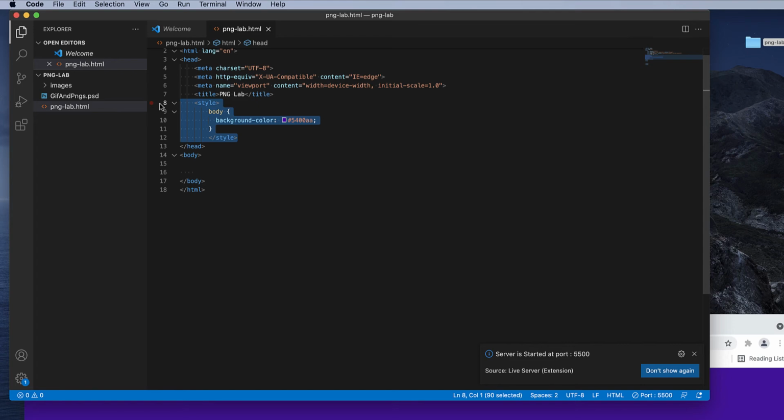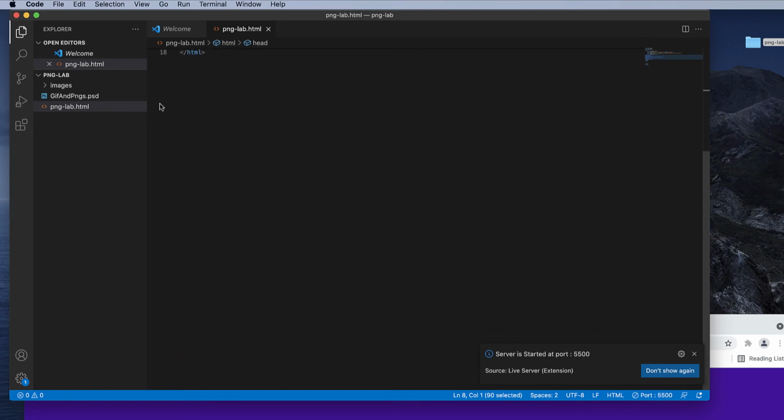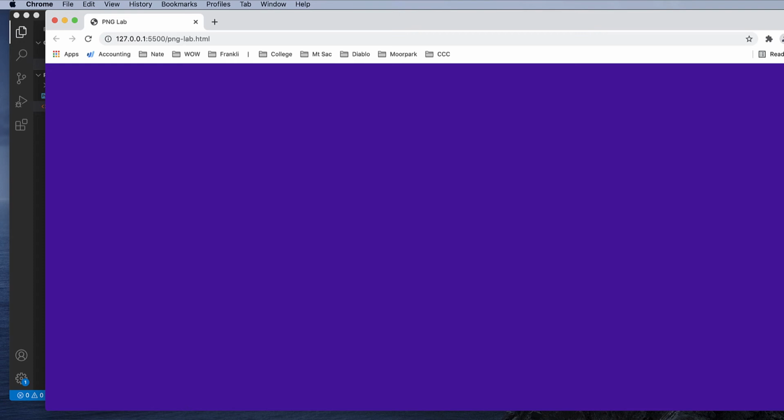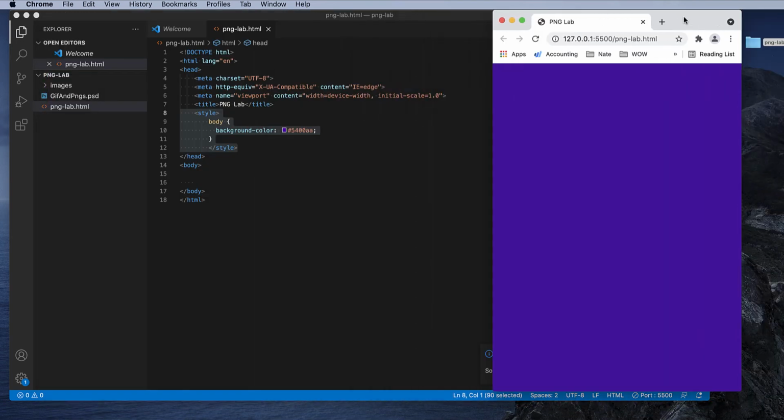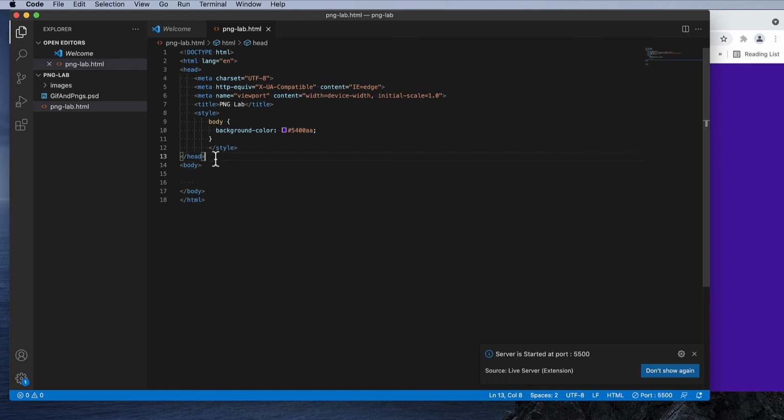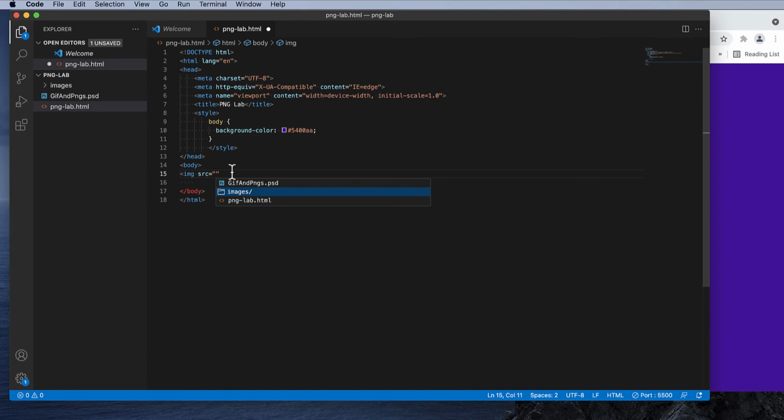We haven't gotten into CSS styling yet, but I want that purple background to be in there so that we can see some of the transparencies from the PNG sitting above this purple background. So let me put it in mobile view, itty bitty tiny. And I want to place an image tag between the body tags. Because this is so simple, we're not worrying about any of the semantic tags or anything else that would normally be in a web page. Instead, I just want the image tags. So let me start typing image source equals, and